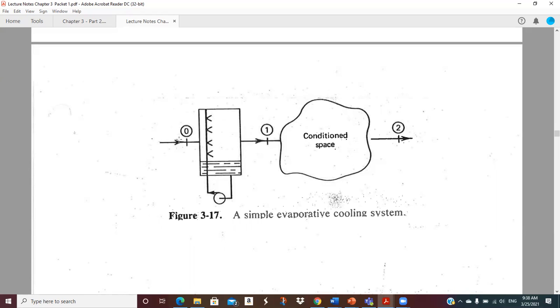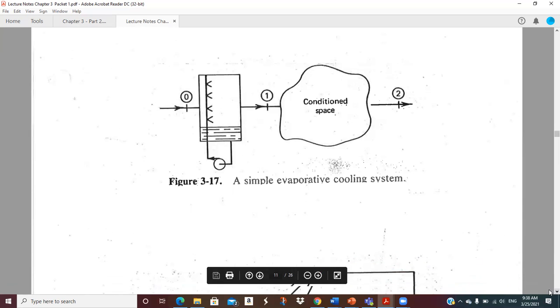And then hopefully, if 1 is on the condition line, and we've run our loads and all that, then bingo, all we have to do is blow in the right amount of air, and we handle our air conditioning load, both sensible and latent, and keep the space comfortable. We didn't have to run a compressor or all the stuff that goes with a regular refrigeration system. So swamp coolers are pretty cool, no pun intended.